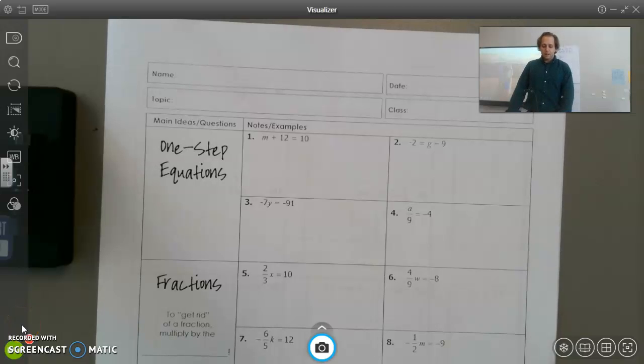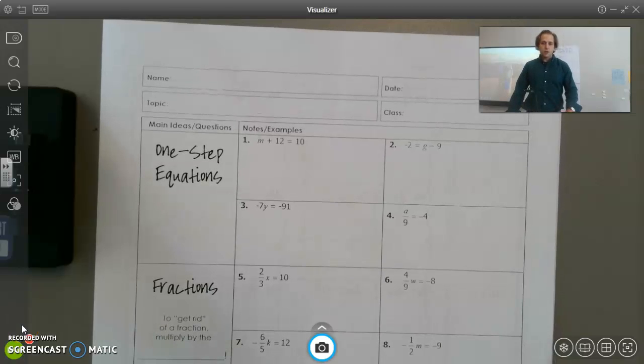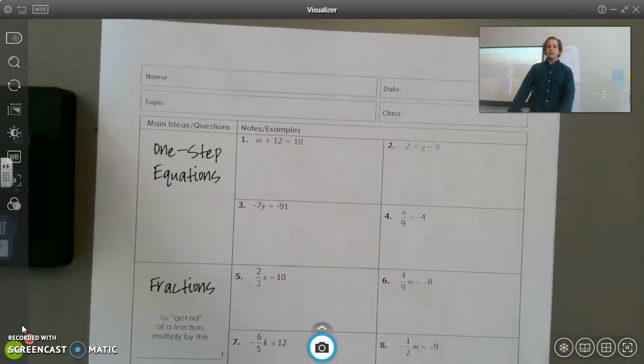Hey guys, Mr. Holly. I know that you're working on all of your worksheets, some of you at home, some of you in class, and some of us, we just haven't had a chance to have enough in-class instruction. So as I'm looking at some of your practice, I just wanted to make sure that you have the support that you need. So I'd actually like to go through some of this practice with you and just really reinforce